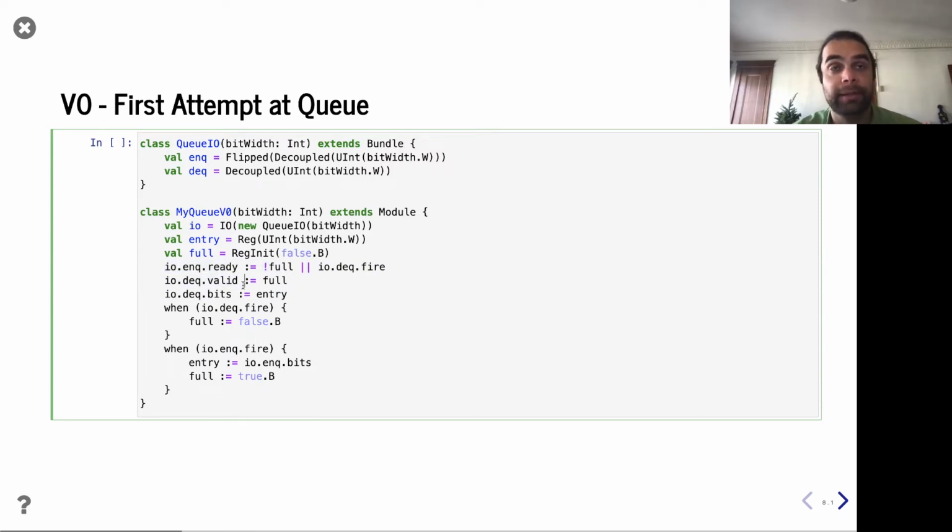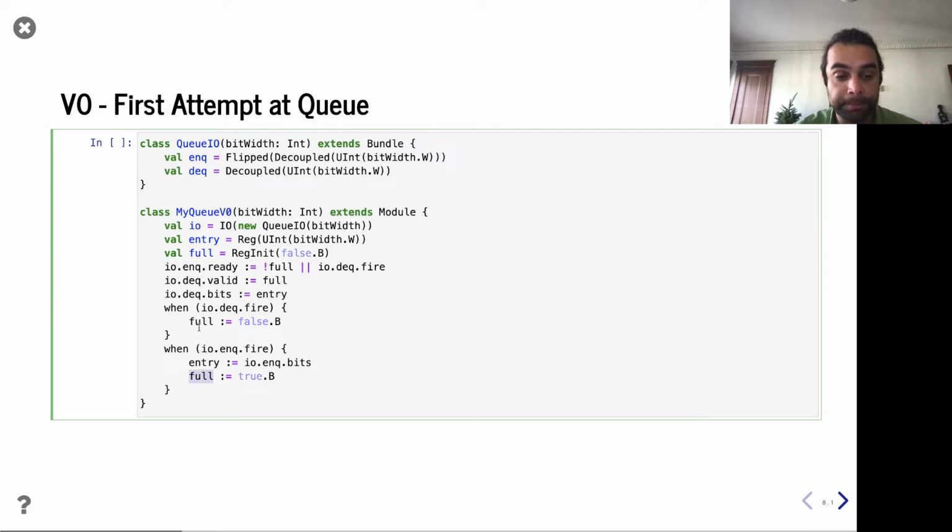Now, with the when statements, the order potentially starts to matter a little bit more, for a few reasons. Number one, the when means the statement is conditional. So even if it's connecting this full bit to false, that's only going to happen if this condition is true. And number two, as you can see, we also have multiple assignment. If we're assigning or connecting the same thing multiple times, we have last connect semantics: the last connection is going to win. And so, if we're going to assign full potentially in 2 locations, we need to make sure which order